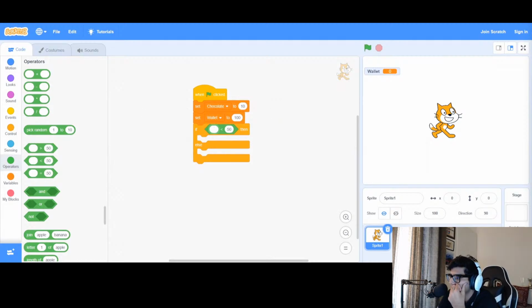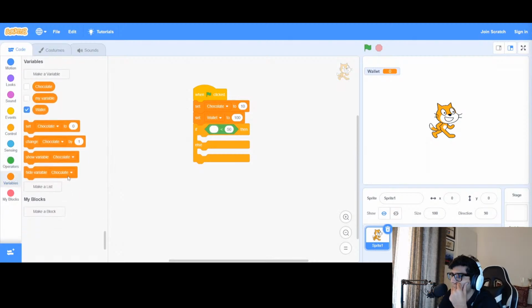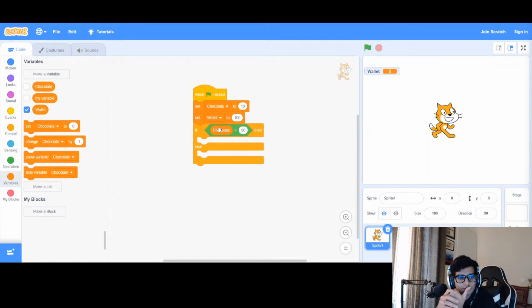अब यहाँ पे हमको क्या लिखना है? यहाँ पे हमको चॉकलेट डालनी है। वेरिएबल्स तो वेरिएबल्स के अंदर होंगे। ये रहा हमारा वेरिएबल चॉकलेट का बना पड़ा हुआ है। इसको हम उठाएंगे और यहाँ फर्स्ट वाले में ड्रैग कर देंगे। दूसरा वेरिएबल हमारा वॉलेट है, इसको उठाकर हम सेकंड वाले में ड्रैग कर देंगे।